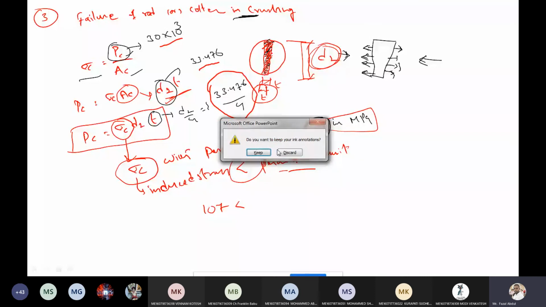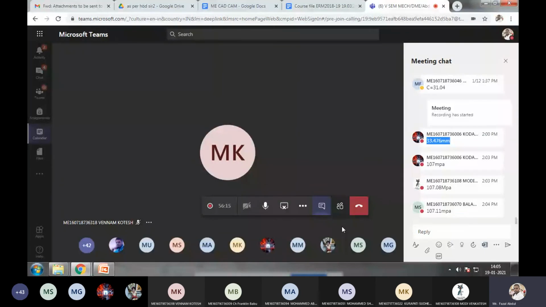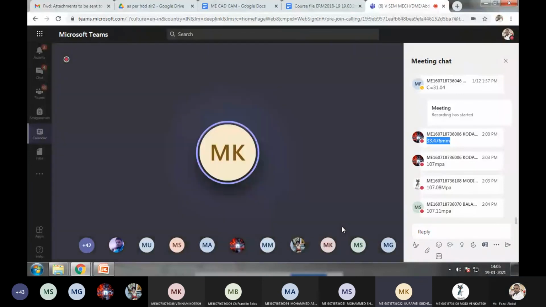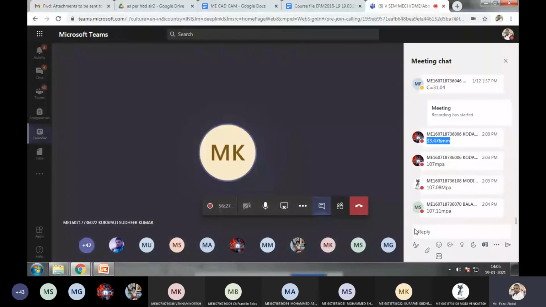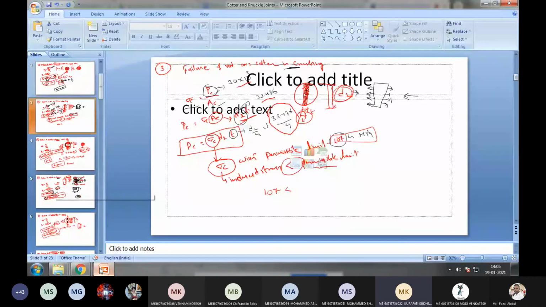Because it is exceeding the permissible limit. If it is exceeding the permissible limits, what happens? The design is not safe. Wastage of design. Sir, T value is 8.369. Okay, then why are you getting 107? It has to come lower than the permissible limit value. Yes sir, recheck again. Calculated 107, sir. Calculating it came 107 only, sir.